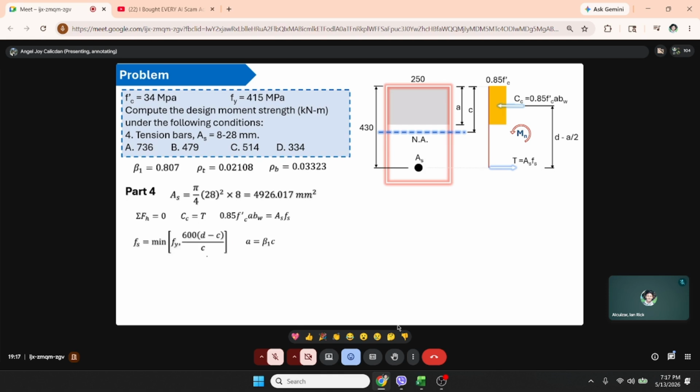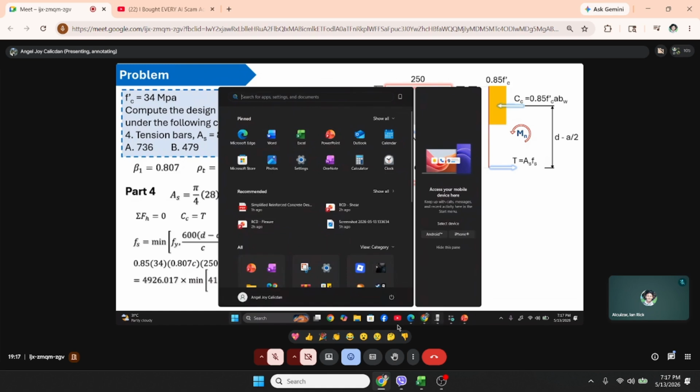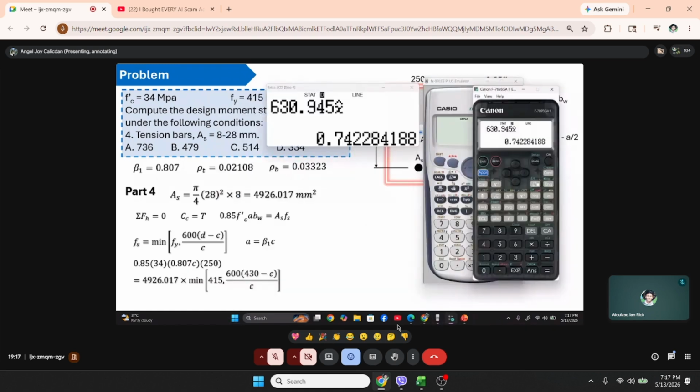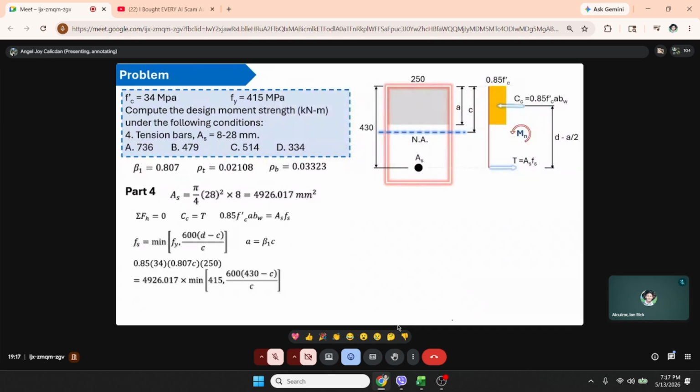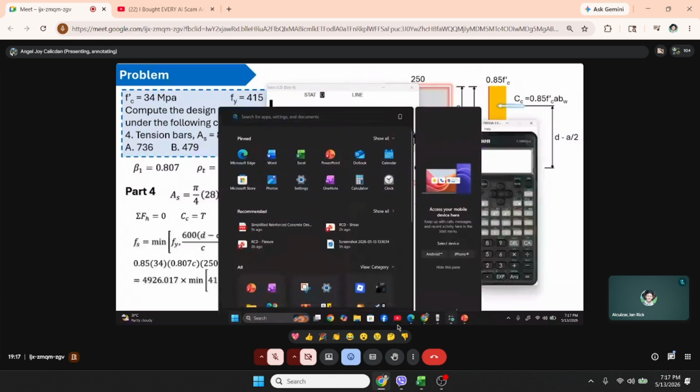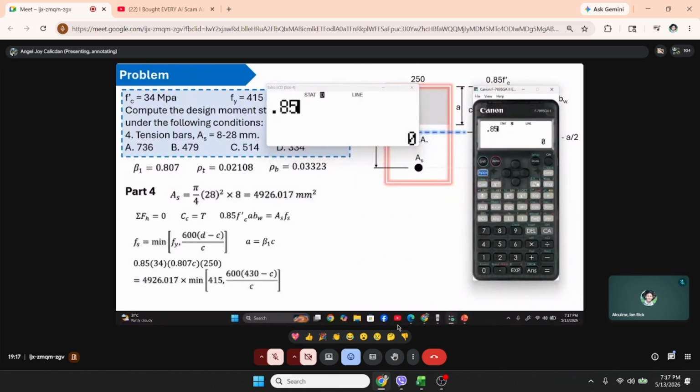And using these formulas, we'll solve for C. 0.85 times 34, 0.807 alpha x, 250, alpha equals